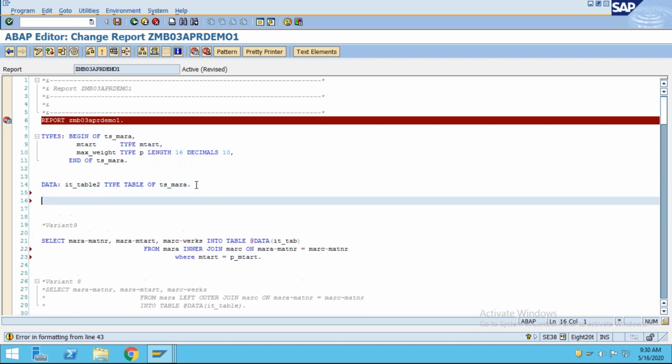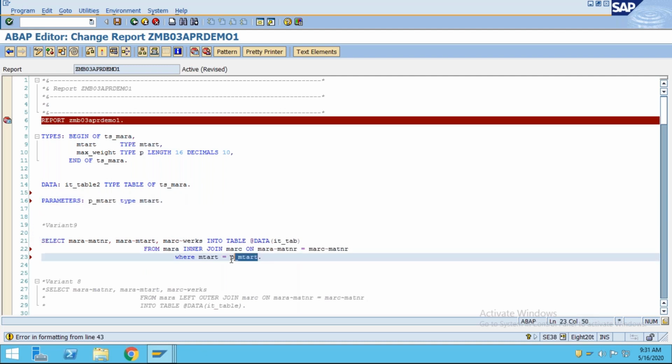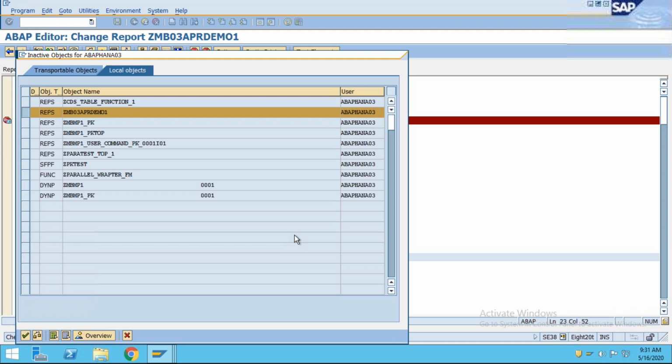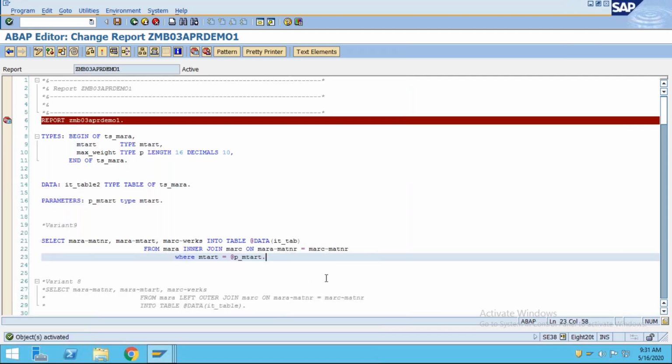You know how to declare parameters, p_mtart, type mtart. So this I'm going to pass from the selection screen. Here this is my above variable, so you must give the at-sign, because it's open SQL, otherwise it will give you an error. Activate this one.